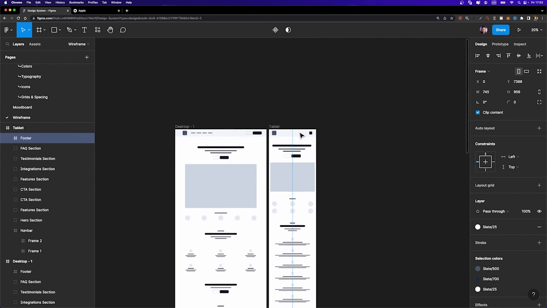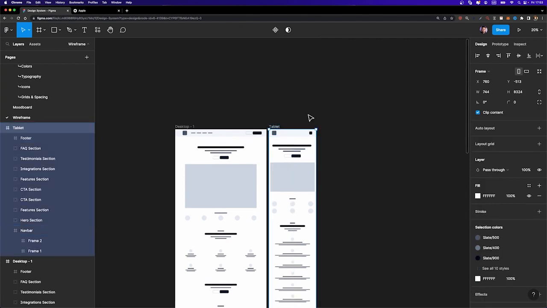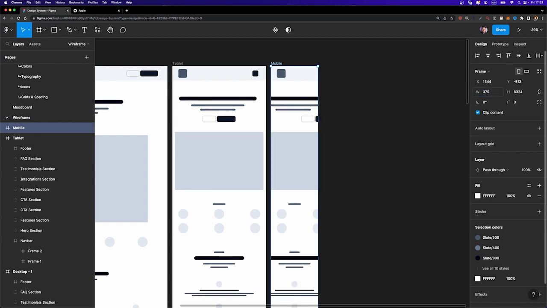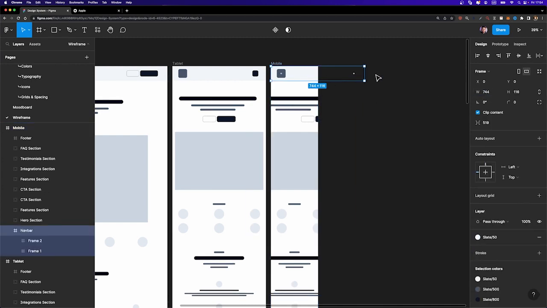Now we need to move on to the mobile breakpoint. So I'm going to duplicate this tablet one. Let's rename it to mobile. And I'm going to change its width to 375, just like this. I'm going to select the nav bar and change its width, but when I do that,